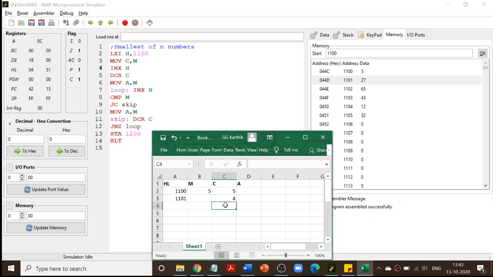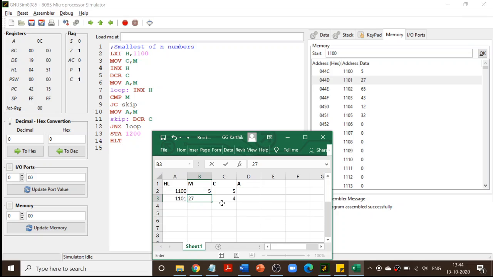Line number 6. MOV A comma M. What are the contents of M again? Whenever my value of the HL register pair is changed, immediately my M value will be whatever is pointed to by the HL register pair. Now the HL register pair is pointing to 1101, so my M value will be 27.